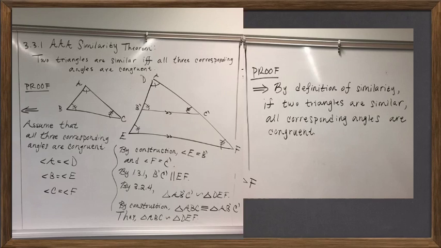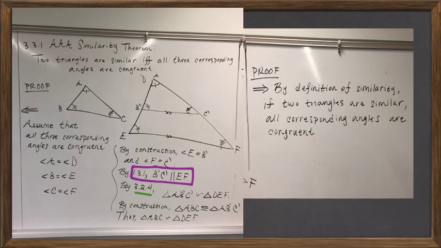And from there, we just need to justify how it is that we know that B prime C prime is parallel to EF, because after all, if we can guarantee that those two sides are parallel, then 3.2.4, the generalized midline theorem, will give us the similarity of those two triangles. And all we needed to do in order to guarantee that those sides were parallel is to reach back into our bag of tricks from 1.3, this theorem about parallel lines and alternating and adjacent interior angles, that says that